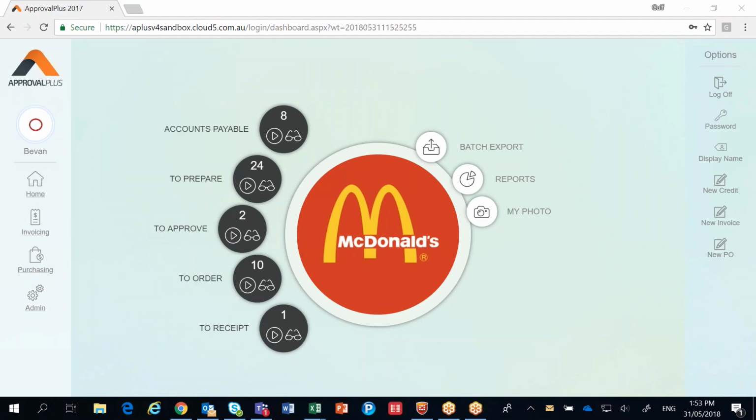Hi there, this is a small demonstration of using ApprovalPlus and processing an invoice basically. So we're going to pop an invoice in as accounts payable, send it to someone to code and approve, and take you through the export process to send it to the finance system, just to give you an idea of that process. Okay, so over on the right hand side I'm clicking New Invoice,